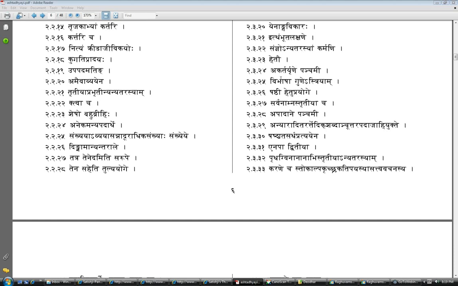So let's look at these two maybe. This really requires some kind of a quality, so this 2325 generally requires a quality. If the Hetu is not a quality, a Gunavachika Shabda, it's going to be difficult to have Panchami there also. We say Modhyat, so here a Guna is involved, so we can use Panchami. Otherwise, Tritiya should be used for Hetau. Normally Hetau is Tritiya Vibhakti. Only if it's a Gunavachaka Shabda and is not a feminine word, then Panchami can be used optionally. It will be hard to justify that because Vishwamitra is not going to be a Gunavachaka Shabda. So that also will be hard to use here.